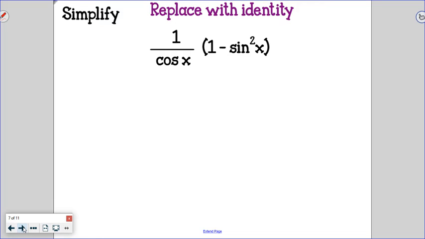suggestion is to replace things that you see in your function with identities. Now, I would be slow to replace everything. Sometimes people see problems up there and they just replace all functions, okay? First of all, if it is already a sine or a cosine, I would really hesitate to replace it. It's not saying that you won't ever, but I wouldn't replace it immediately. This one I put up here because I want you to look for something very specific to show up in our problems. Anytime we have something,